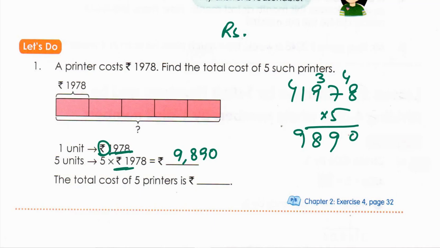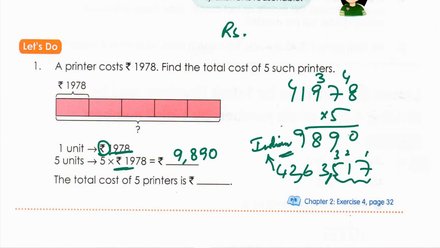While writing values, kindly go through the position of commas according to the Indian system, not according to the international system. As I mentioned in the previous video, whatever number you take, for example 4 2 6 3 5 1 7, in the Indian system you have to keep commas like this. From the right side, the first comma you keep after 3 digits, 1 2 3 digits. Then you keep a comma after every 2 digits. You call this the Indian system. So you should follow the Indian system while putting commas in between the numbers, not the international system.